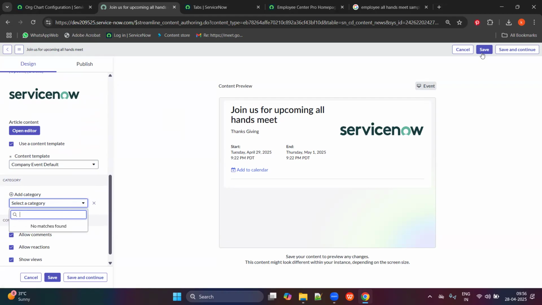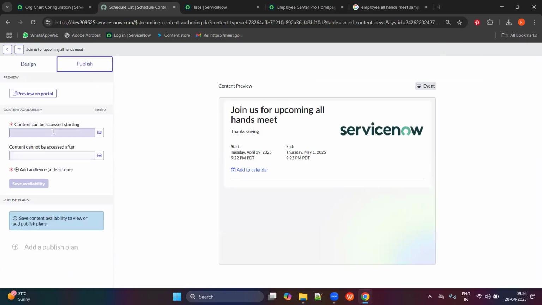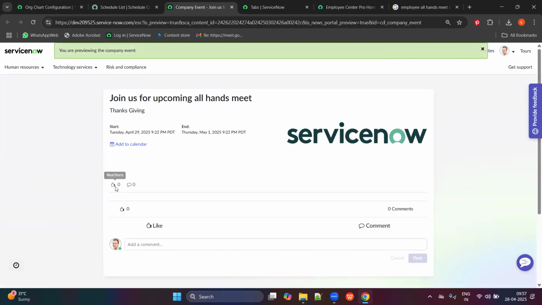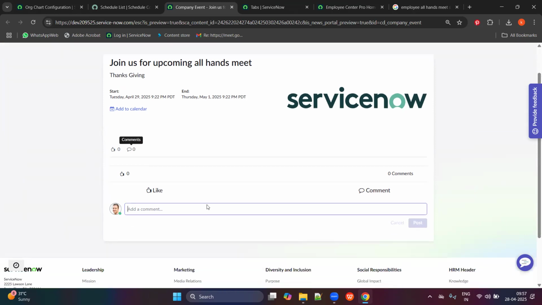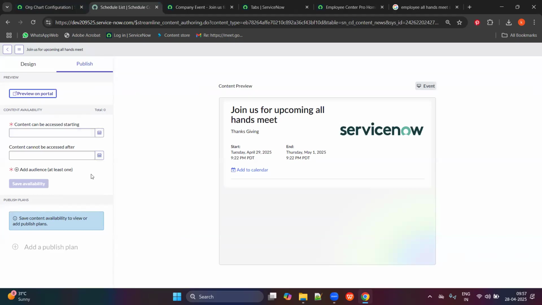Okay, now first save this. First save it to your content library. Now if you want to publish this, you can publish it from here. Preview on portal will be like this. See, we added reactions, we allowed comments, and we allowed all these things. You can just click the reactions, and you can simply post anything. Now, if you publish it,